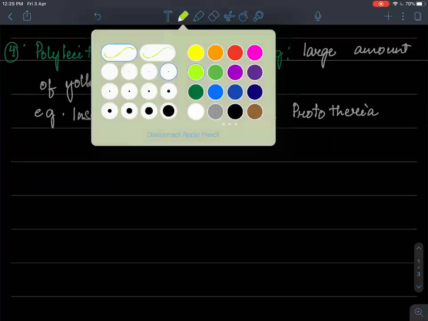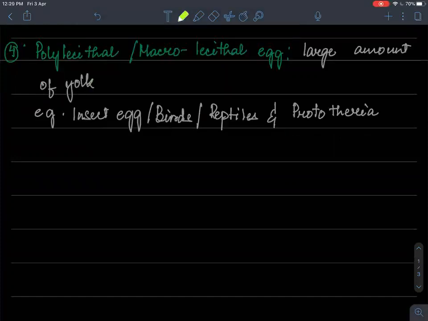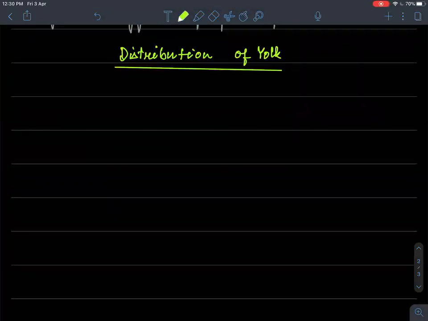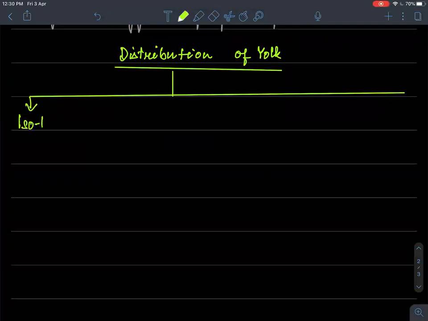The next we are going to see is on the basis of distribution of yolk. On the basis of distribution of yolk, eggs can be classified into 4 types. They are isolecithal or homolecithal egg,